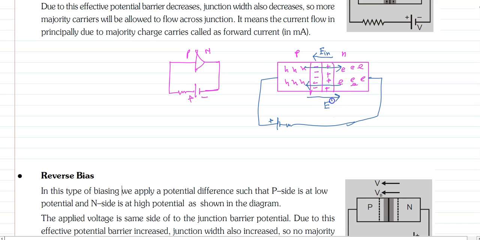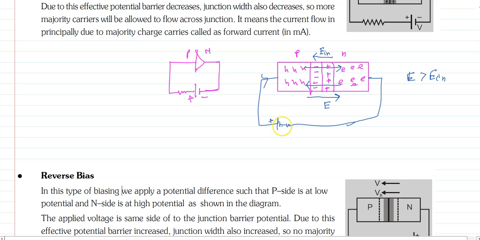Okay, when the applied electric field cancels the electric field inside here, it means this applied electric field decreases the width of the depletion region. When sufficient voltage is given to the diode so that the applied electric field compensates or cancels the inside electric field, or when the applied electric field is greater than the inside electric field, then we get current. Okay,